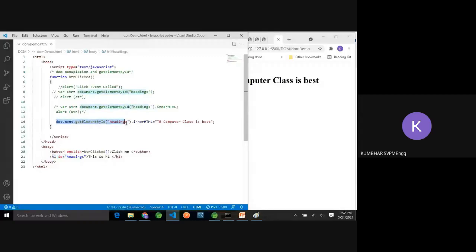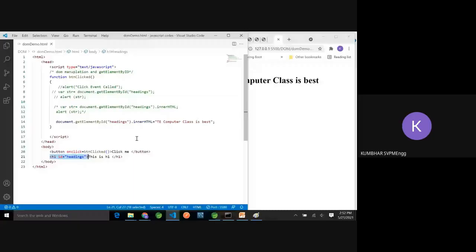Understand? Yes. Great. Now what I want is to change the contents, meaning this HTML content. So for that, this h1 element object has one attribute, innerHTML.